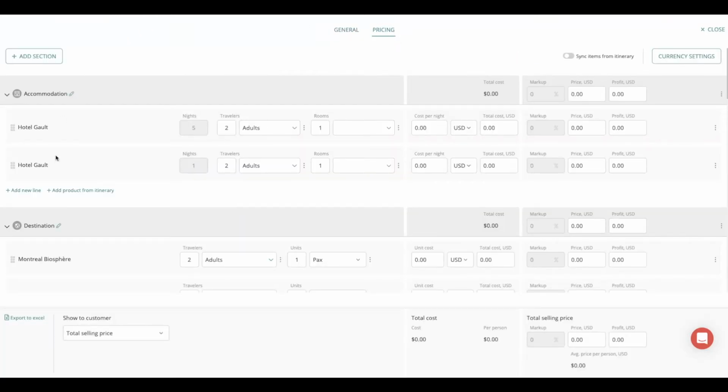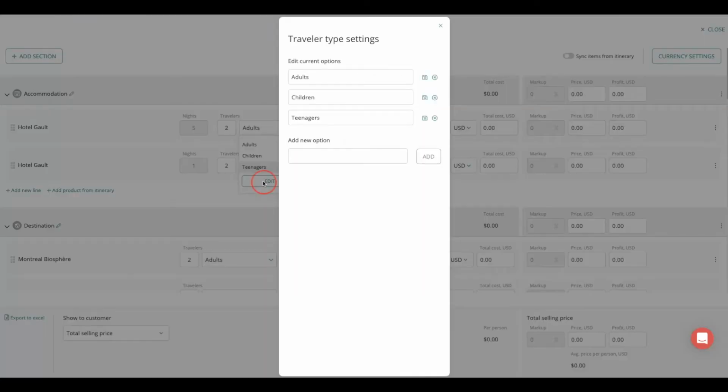So here you can see the pricing table in itself. We have a button that chooses to sync items from the itinerary. So whatever you add to your itinerary will automatically be synced into the pricing table. You can change the title of your section in your pricing table. And if you go over the content in the table, we see that we have these options such as travelers